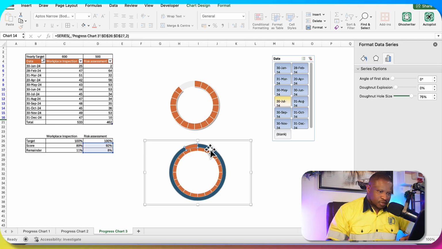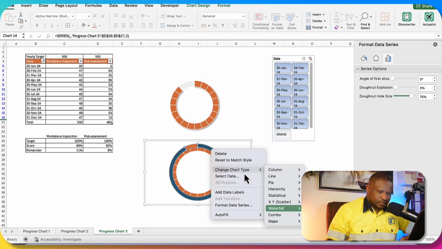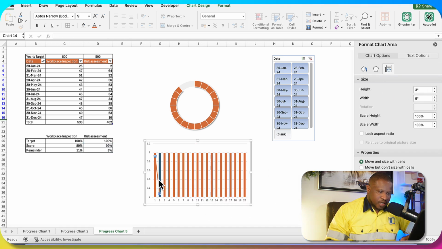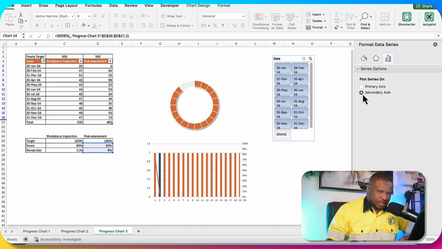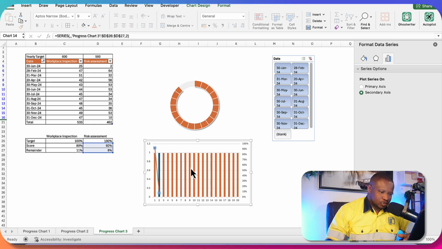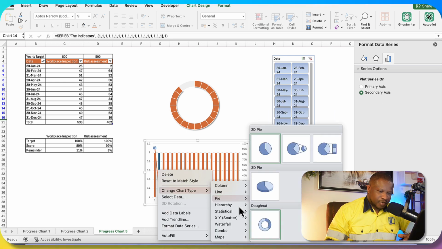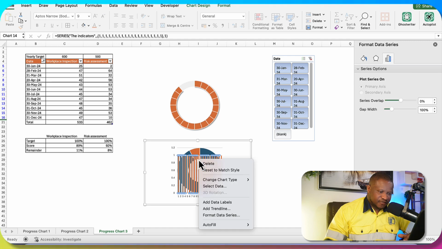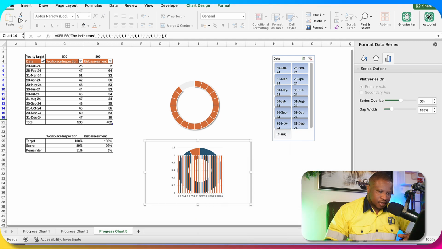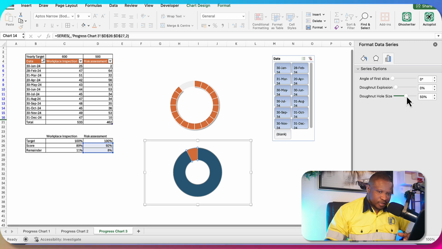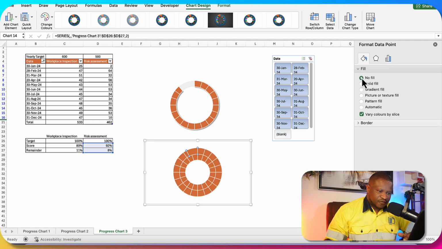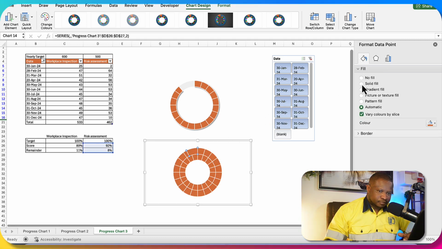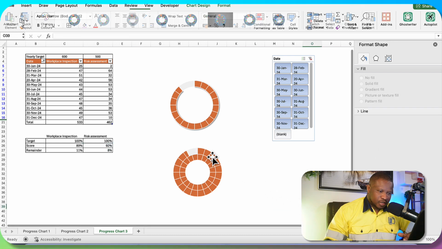So what we'll do is we convert the whole chart to a combo chart, right? And then this one is the first data series. We're gonna make sure that that is the secondary axis, which puts the chart above the one below. So this one is the primary axis, so we will just go and convert this to a donut chart, and then we will do the same for this, also make it a donut chart. Okay, and now we've been able to merge it, so we can increase the size of the donuts, and then make here no fill, make this one a solid fill, and we choose gray,